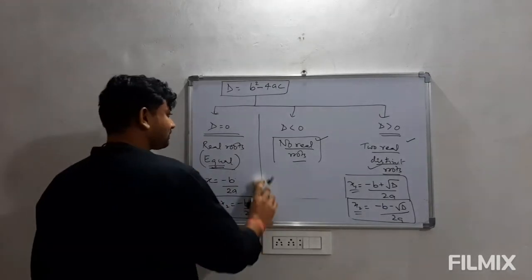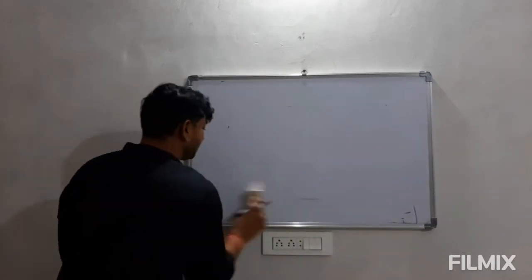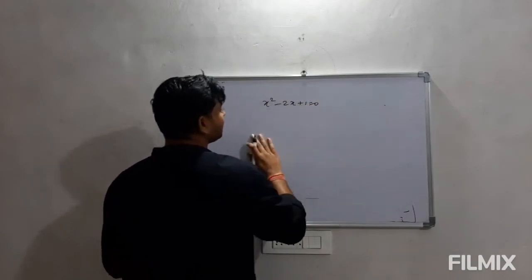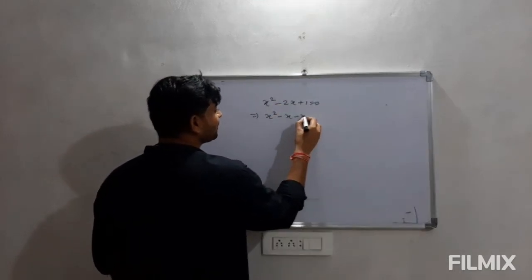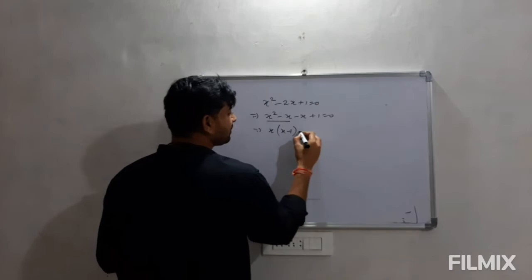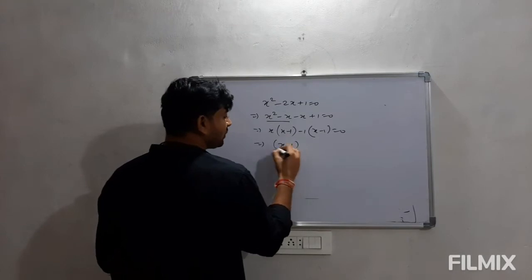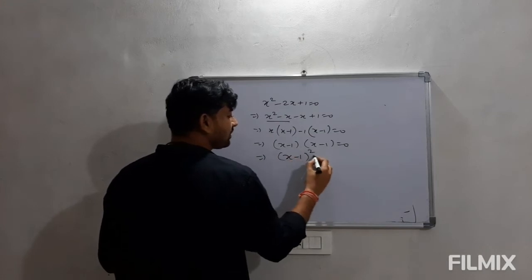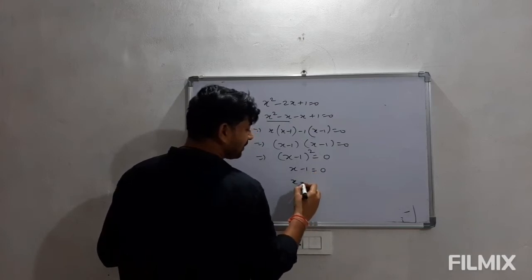Let me explain you why. Suppose we have an equation, I am taking a simple equation, x square minus 2x plus 1 is equal to 0. If we look at this and try to factorize this, we get x square minus x minus x plus 1 is equal to 0. x can be taken common, so x minus 1, then minus 1 is taken, so x minus 1 is equal to 0. If you look at the factors, both factors are x minus 1, which means here we get x minus 1 whole square. So when will this be 0? When this becomes 0, it means x is equal to 1.